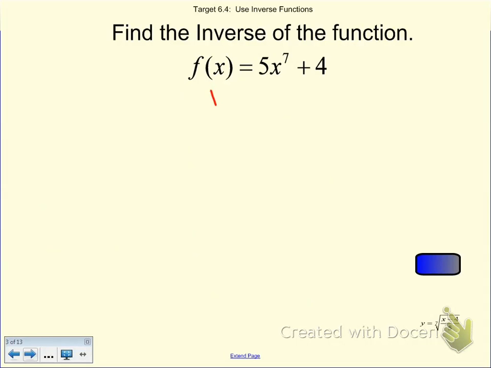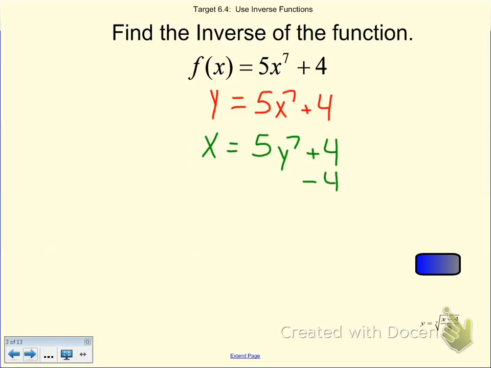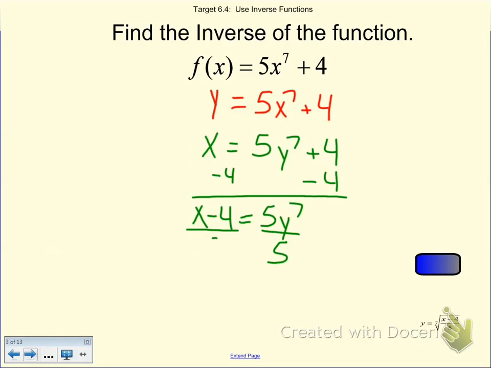Switching the f of x to be a y. So y equals 5x to the 7th plus 4. We're doing the inverse, so we're going to switch the x and the y. So we get x equals 5y to the 7th plus 4. Now we need to solve for y, so we're going to subtract 4 from both sides. X minus 4 equals 5y to the 7th. We're going to divide both sides by 5. Then we are left with y to the 7th